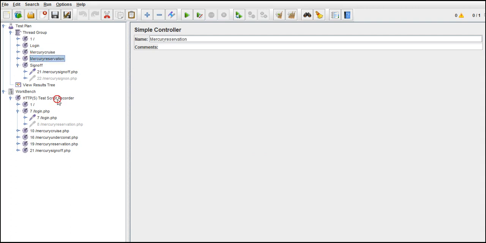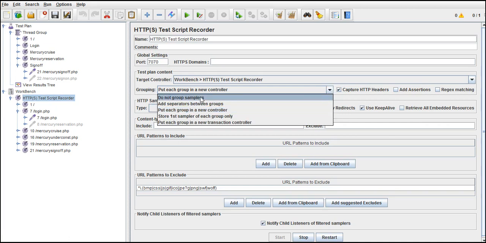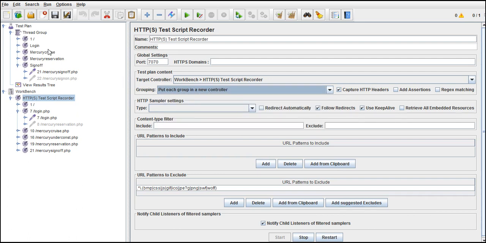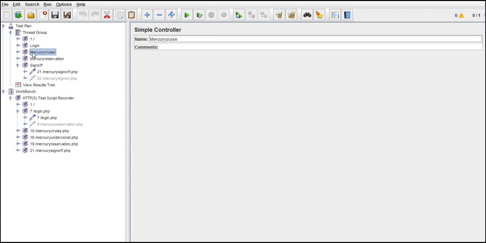Whenever you are recording, if you go with the do not group samplers option, you will not see any controllers. But when I select put each group in new controller, they will be stored in separate blocks, right? That's what simple controller says. This is the base one I'm talking about.